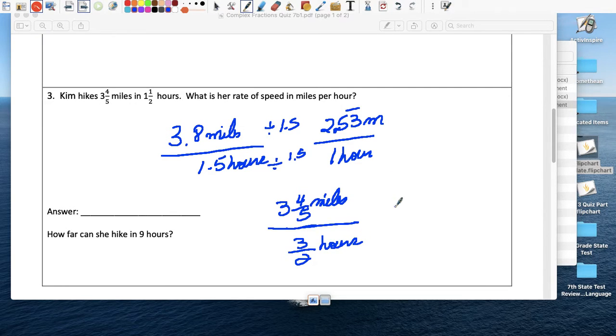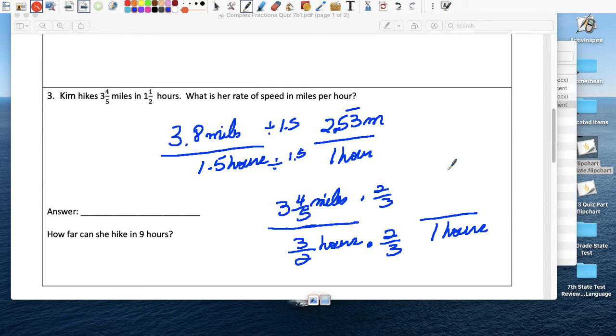Well, you know what? You have a calculator anyway, so it really doesn't matter. If you didn't have a calculator, it would probably be better to write it as an improper fraction, 3/2, because you then simply have to multiply by the reciprocal 2/3, or divide by 3/2, which is the same thing, and multiply the top by 2/3. And I should have changed that to a mixed number because it would have been easier to multiply if you didn't have a calculator. But since you do, 3 4/5 times